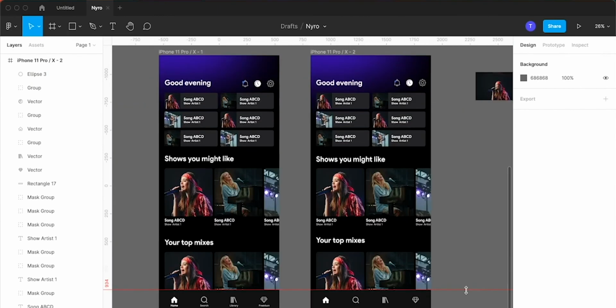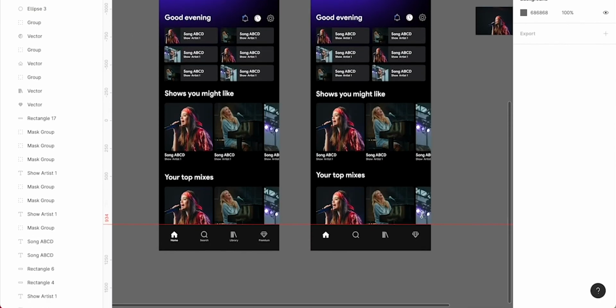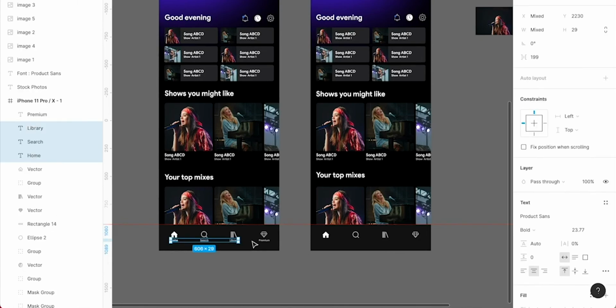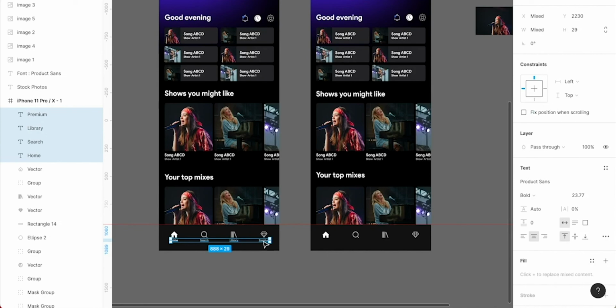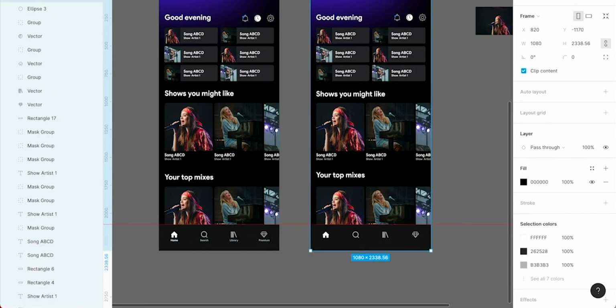So here you go. Also, we need to add this small text over here, and we will just copy it from here and paste it in our particular frame.